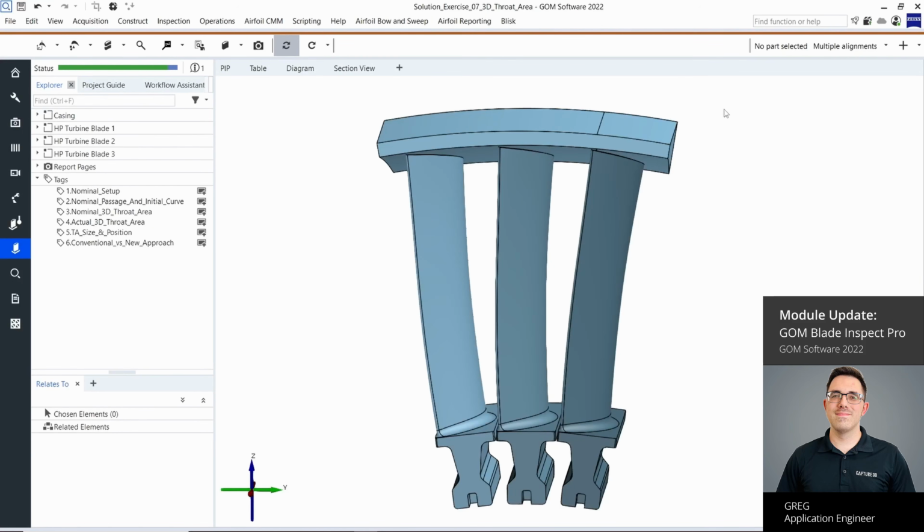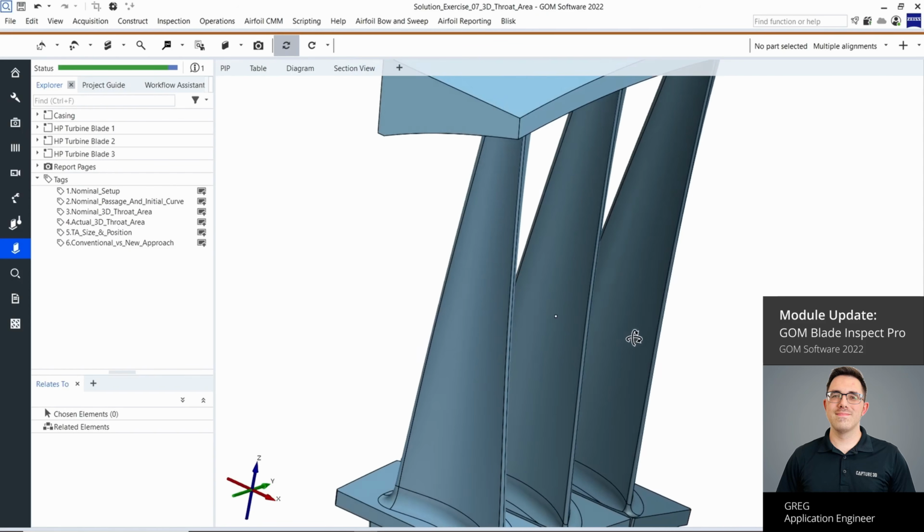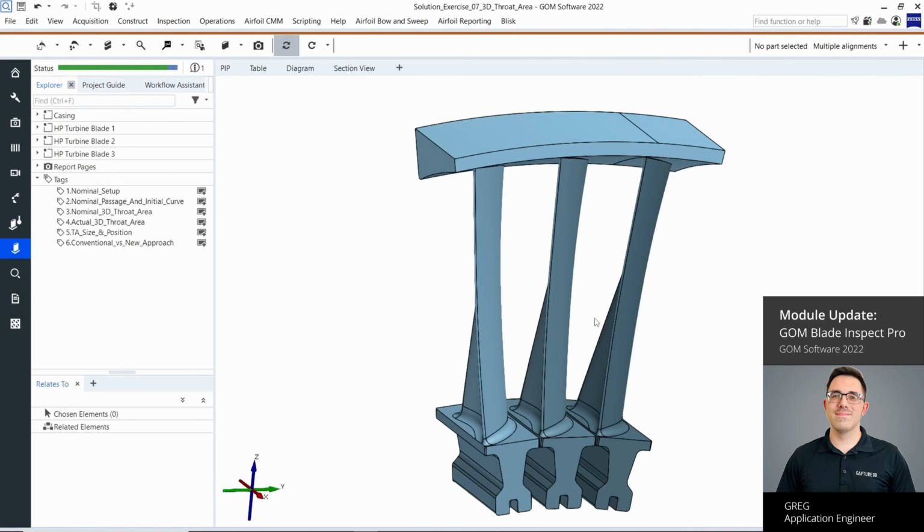Thanks, Kyle and Emily. As you mentioned, GOHM Blade Inspect Pro has some very powerful tools with some great new features for 2022. Some key new tools include virtual balancing of bladed assemblies like IBRs and BLISKs, autopilot to integrate tactile data from Calypso into our blade inspection tools, and 3D throat area inspection. Today I'll specifically be covering the new 3D throat area inspection. Throat area as a whole is a measurement of the minimum surface area between some surfaces, in this case, a passageway between our veins.